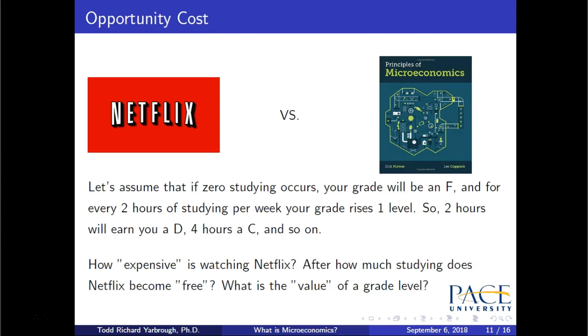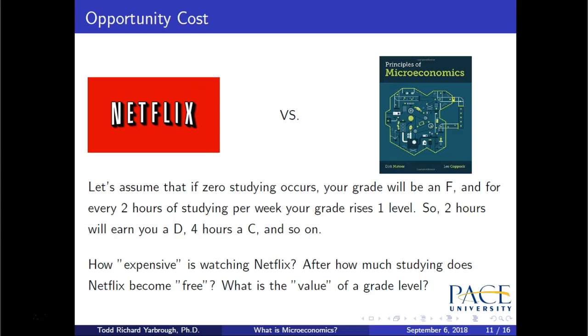So that in and of itself is kind of an interesting setup. Typically when we say expensive, we mean it with respect to money. Here we're saying expensive in the context of grades. It's probably completely rational to do that. We may ask a question like, how much studying does Netflix become free? So after how much have I studied, can I then sort of stress-free watch Netflix without worrying about it affecting